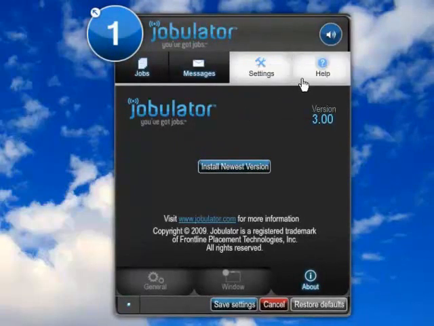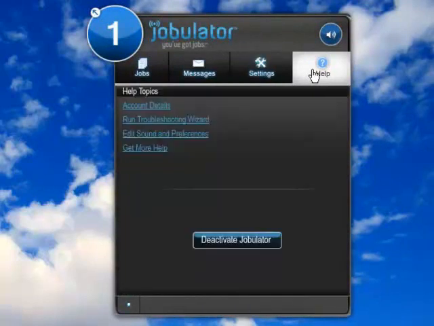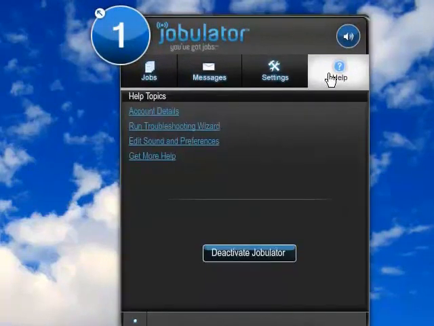The final tab in Jobulator is the Help tab. Here, Jobulator provides you quick access to many useful tools in answering your questions. Included on our Help tab are links to account details, a troubleshooting wizard, editing your sounds and preferences, and get more help. The account details will send you to the My Account page at